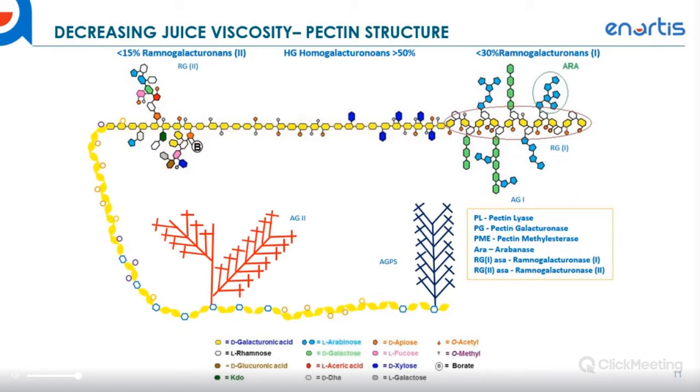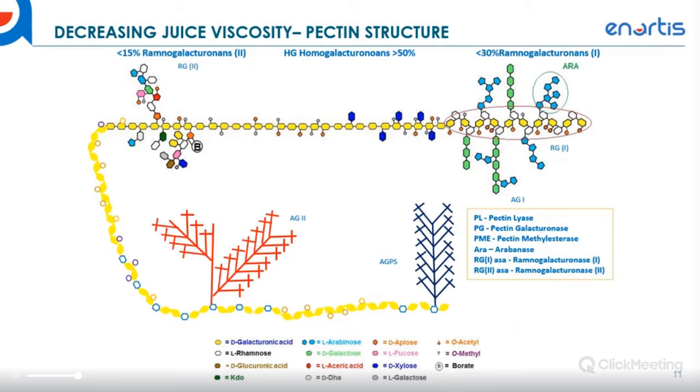Pectin is not all the same though. Depending on the fruit you're looking at, the variety, you have different kinds of pectin and different structures within pectin inside of different material. We can break down pectin with enzymes, and different kinds of enzymes can affect different parts of pectin structure. I'm not going to go over all the different structures of pectin because I don't have enough time to do that, but let's just say that there are different structures within pectin, and different enzymatic activities that can break up